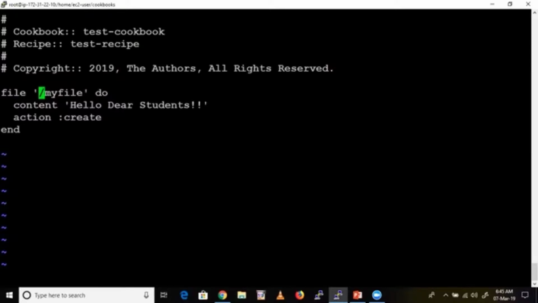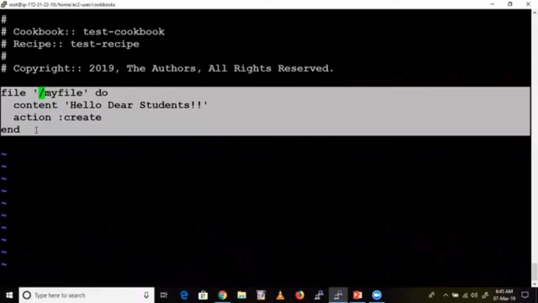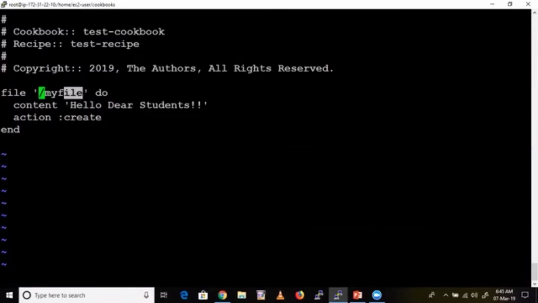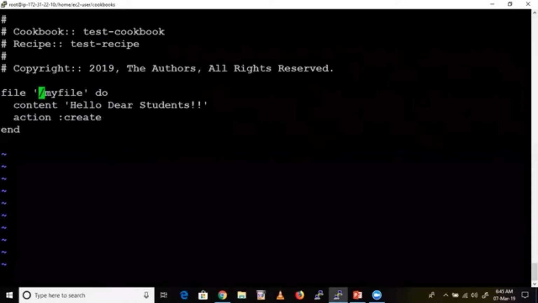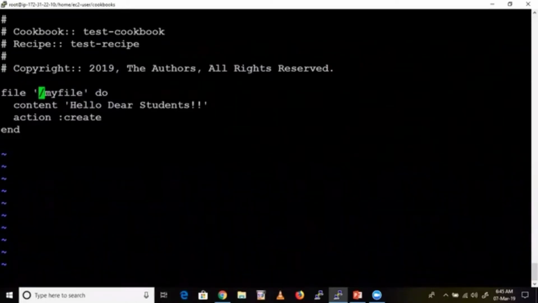When we applied this, that infrastructure got created. What is that infrastructure? The actual physical file got created in my machine, right? Understood? Why you are creating that file, that is what you are asking, right? You should know how to create a file, folder, everything. We don't know when the requirement may come to create a file. Okay. Understood?